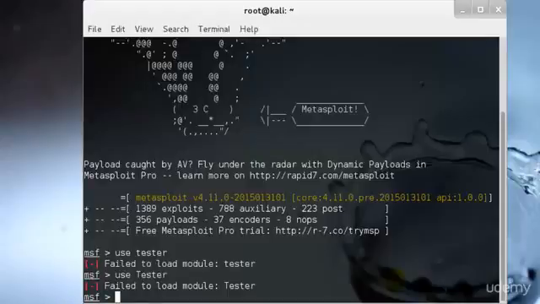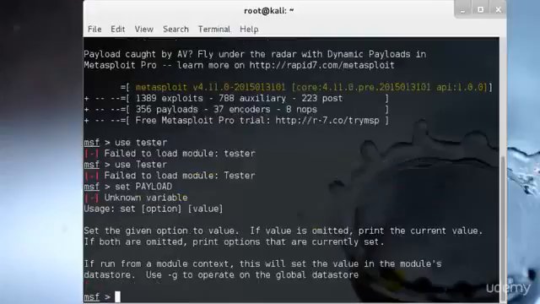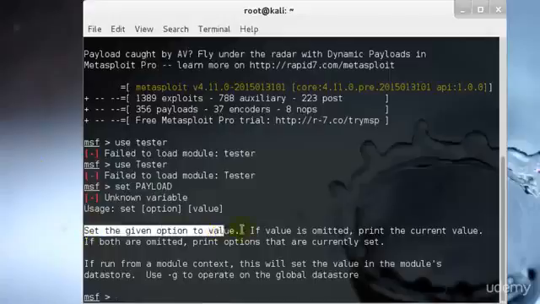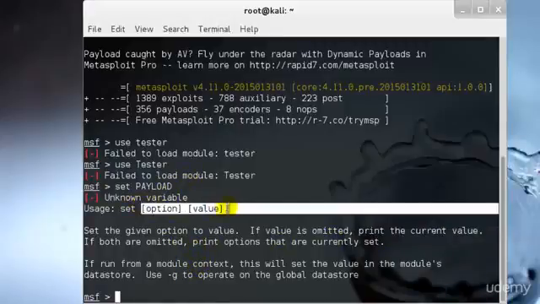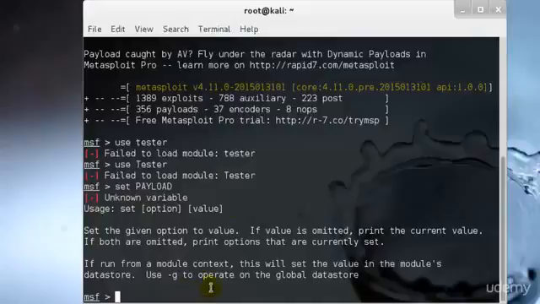So the next thing that we would like to do is to go ahead and set payload. It will probably not work, the reason being that I have not yet loaded the module. Perfect. As soon as I set payload, it's giving me the option: set the given option to value. If value is omitted, print the current value. What it's saying is that after set, I need to set an option and a value. So I'll just type set payload, let's say